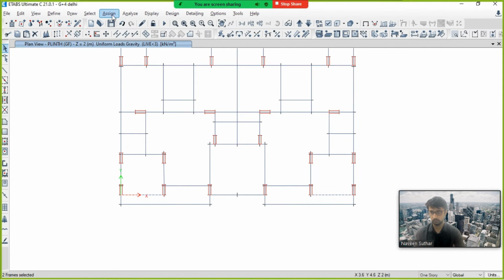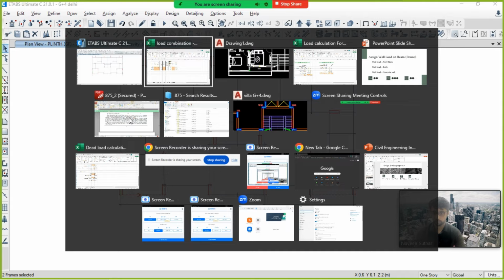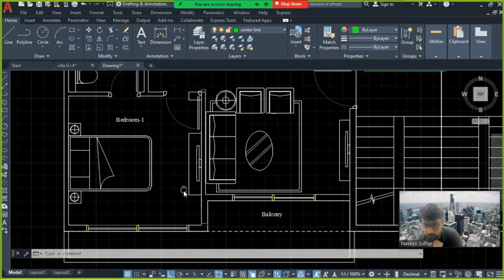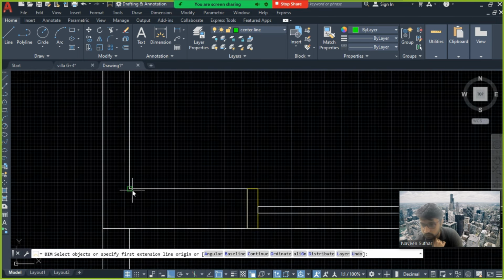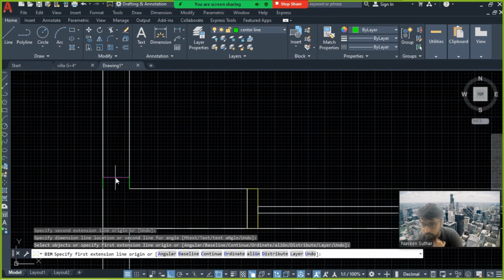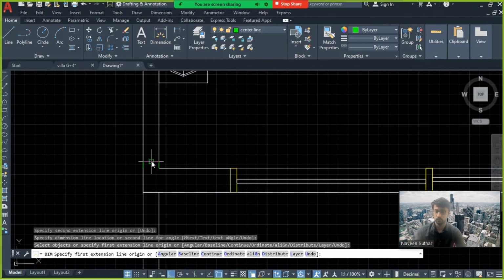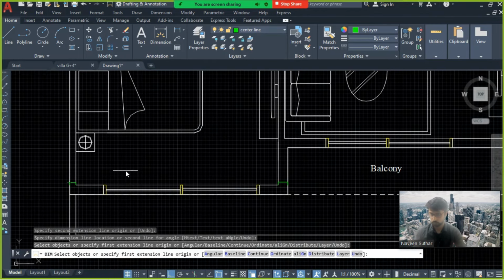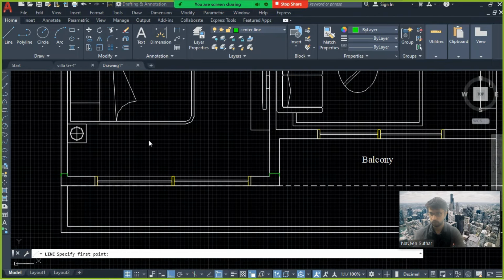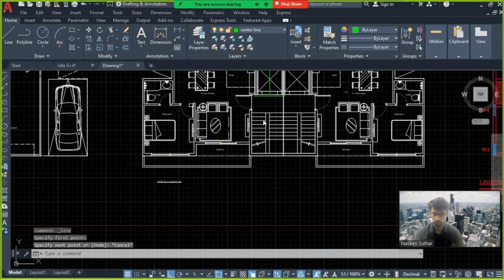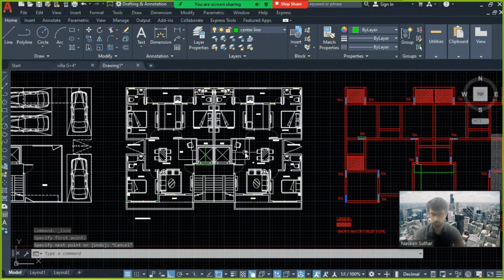So we'll assign, whether we can select all the 150 mm walls. So let's check the dimension. That's 100. Okay, so it is 150, 150. What we can do, we can just select which are the 150 walls. Okay, so what we can do, we can just simply